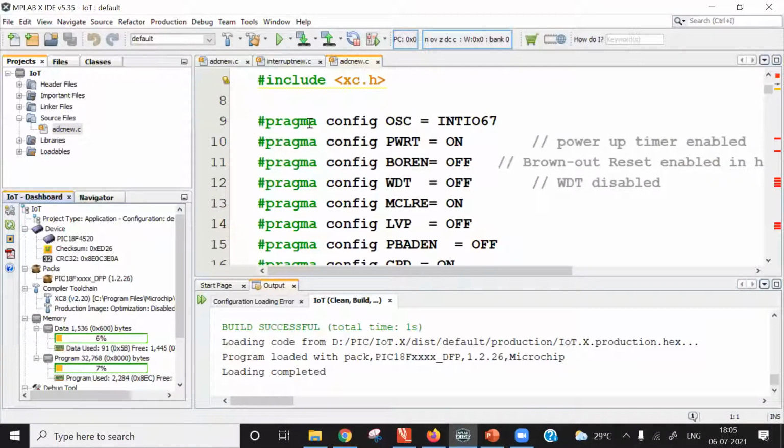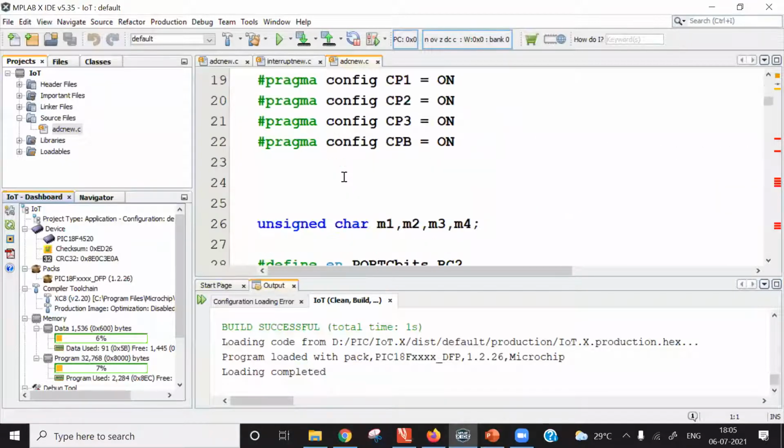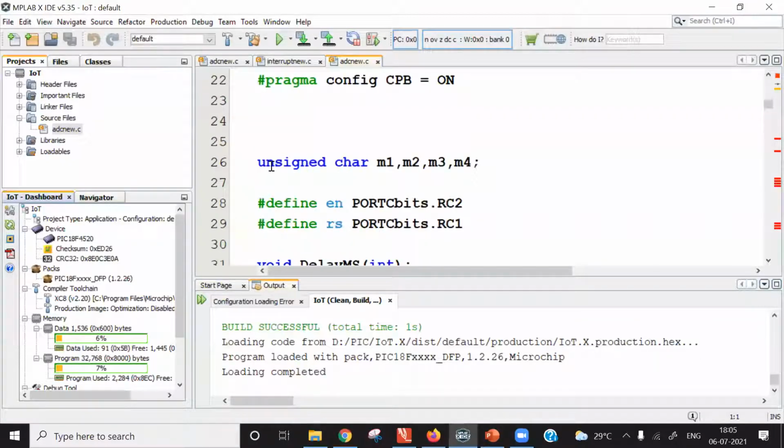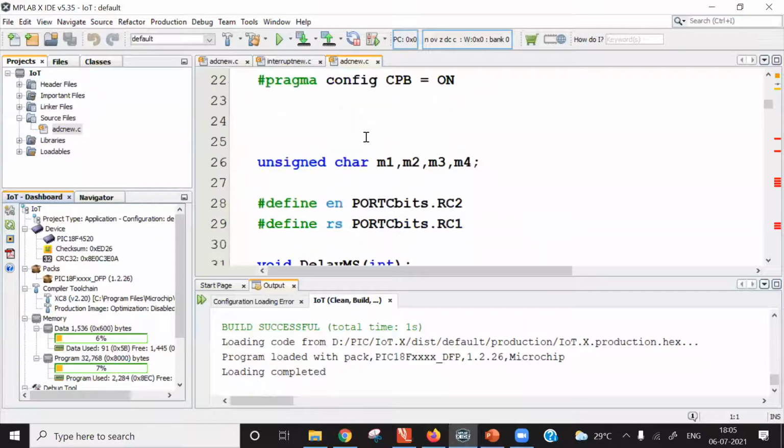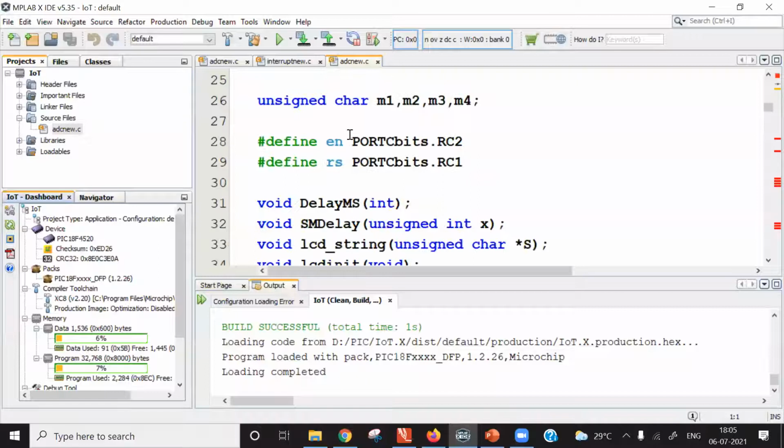You can set them with the help of the #pragma directive. So this part is as it is. I have defined global variables here. There are 4 global variables, M1, M2, M3, M4. These 4 global variables are of character type, unsigned characters, 8-bit. Any variable that you create outside the main function becomes a global variable.